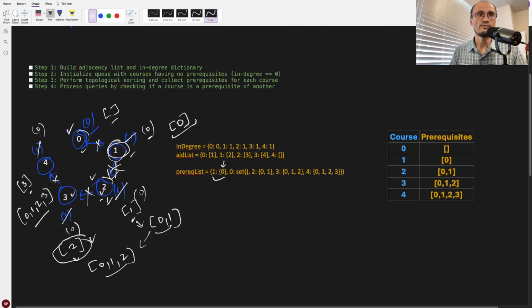For example, for the 1, its prerequisite list is 0. For the 0, it's just empty. For 2, it's 0 and 1, right? And for 3, 0, 1, and 2. For 4, it's 0, 1, 2, and 3, right? So we have this prerequisite list, or it's a dictionary, and the dictionary key is the node, and the value is basically